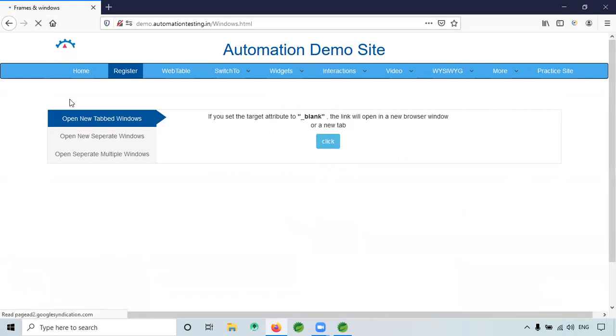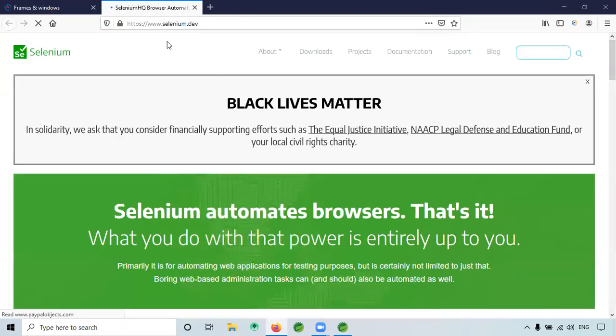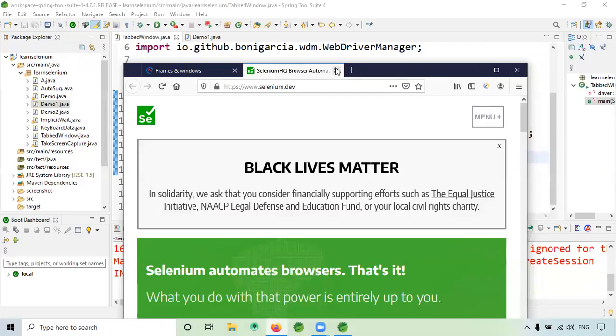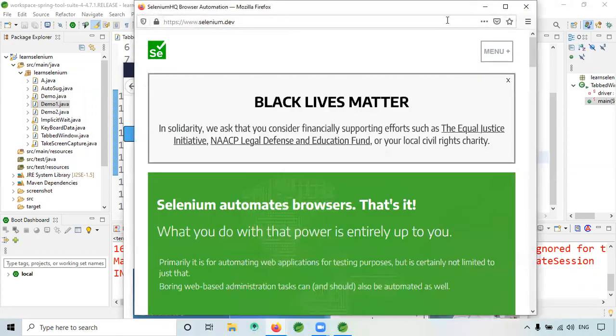So here, what we were trying to do, Tejesh? We have two types of windows, right? For example, when I click this, the tab will open in a new window. This is one, and another is a separate window. When I click this, some kind of pop-up will open.